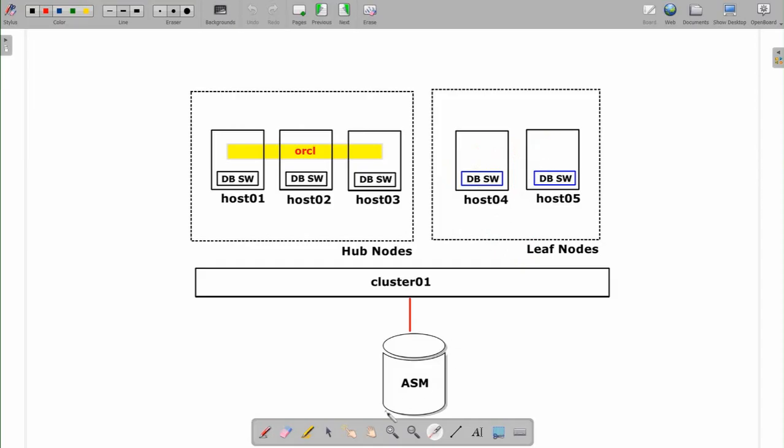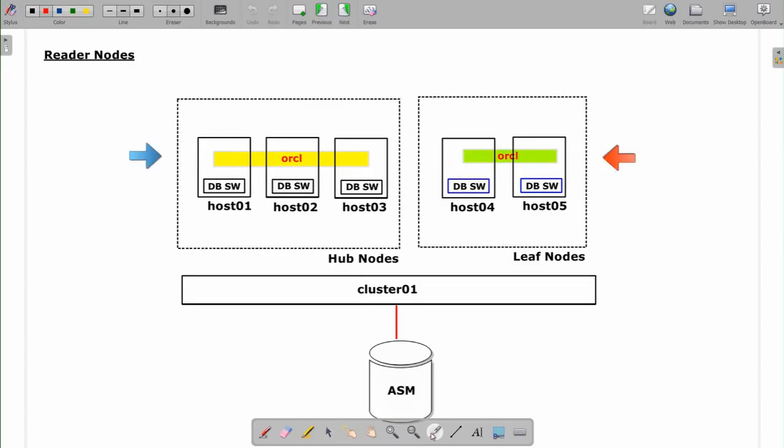Starting with 12.2, it's possible to create RAC instances, but it's got to be only read-only mode. So through the hub node, we can do insert, update, delete. So we can make some transactions, and definitely in addition to reading. And the second set of instances, which is a reader node, which is a read-only instance, and these can be used